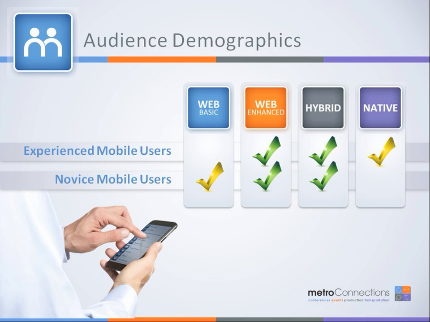So really it falls into the middle here, where both Web Enhanced and Hybrid give you enough features and enough choices that you can make good choices, remain fiscally responsible, and get the attendees the things that they want. And I think that's why I would agree with the caution check mark on the native, is that, again, because it has the capabilities of hooking in so much with your phone, unfortunately, sometimes people might make the mistake of trying to throw too much at it, have it do too many things all at the same time, and maybe some or all of it might not work very well.